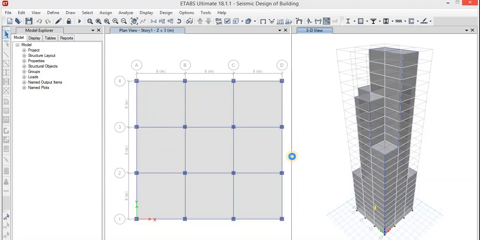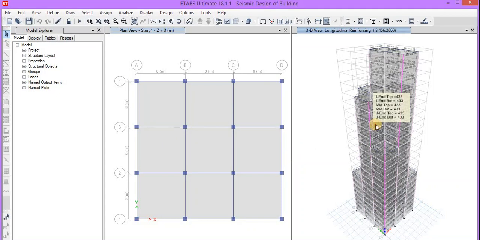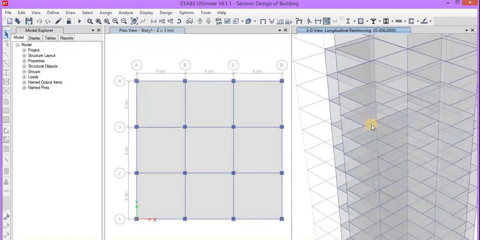So in the 3D view tab, you can see that the analysis has been completed and design check has also been performed, and you can see the reinforcement values.